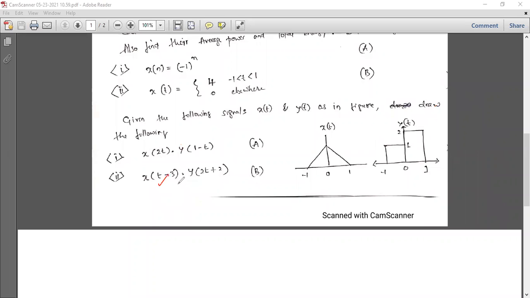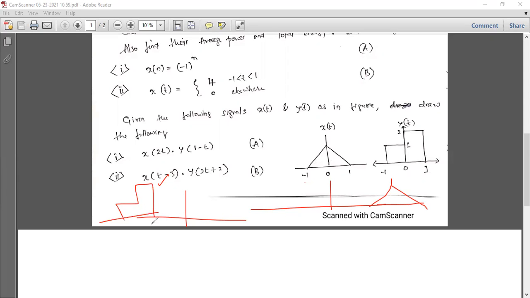Here also t minus 3 is easy. What is t minus 3? Where does it go? From 2 to 4, there will be a triangle. So t minus 3: this entire thing will move from minus 1 plus 3, to 2 to 4. So this signal will move to 2 to 4. What about y of 2t plus 2? First you are supposed to do shifting. Shifting 2t, minus plus 3 to 2, 1. The entire thing will go to here, right?